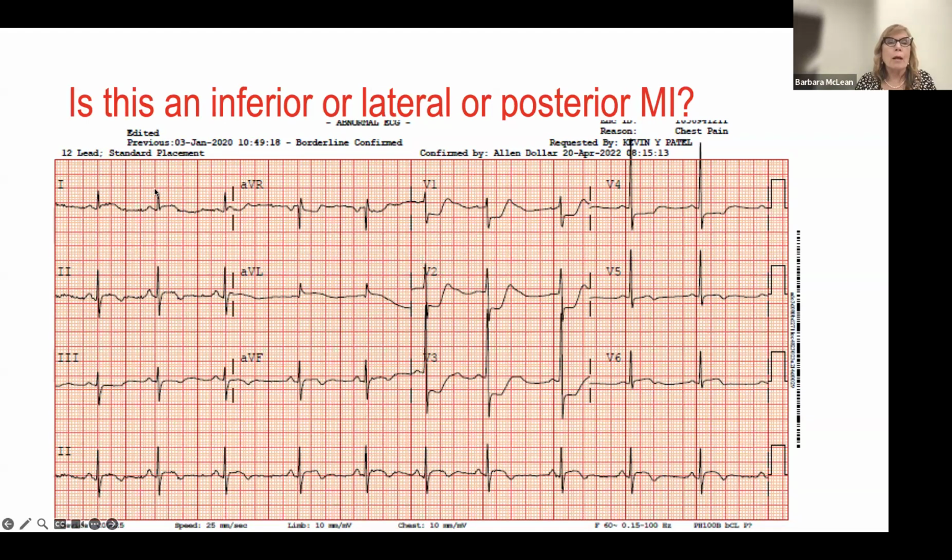But I want to remember whenever I have a lateral infarct, or if I were having an inferior infarct, I immediately go over and look at the reciprocals for the posterior wall. And indeed, here we are, ST segment depression, V1, V2, V3. T waves are upright and the R wave is relatively